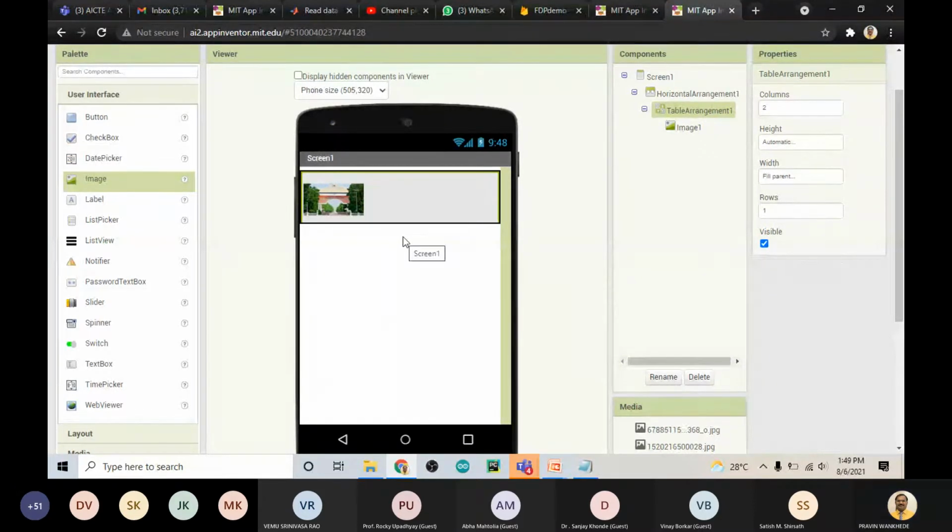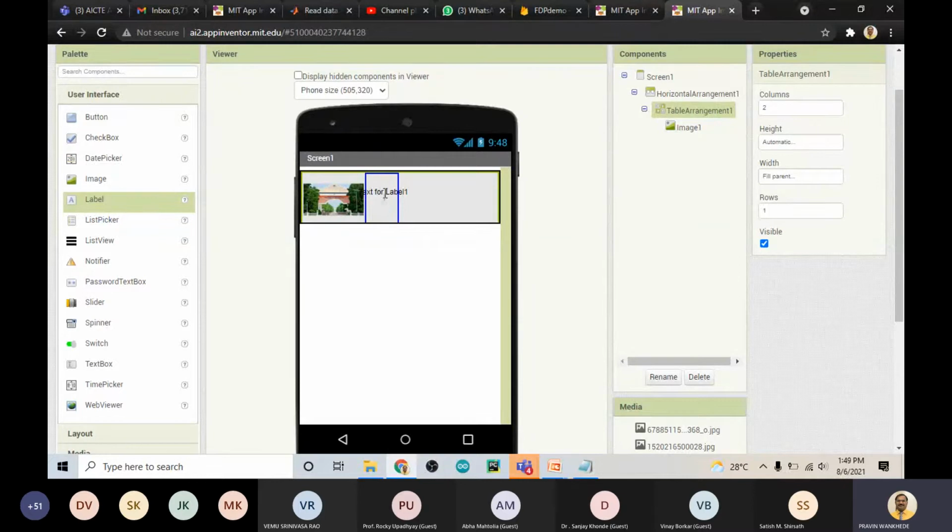Now, once we are done with the image, on the left hand side there is a palette label. So pick up the label and put it on the second column of the table. See, this is the first column and this is the second column.